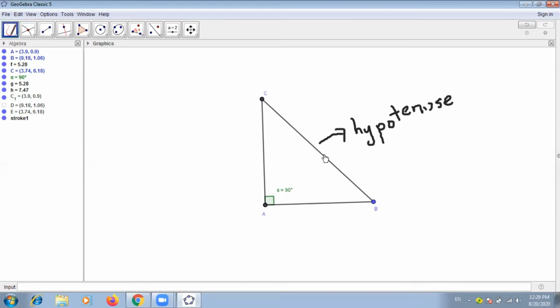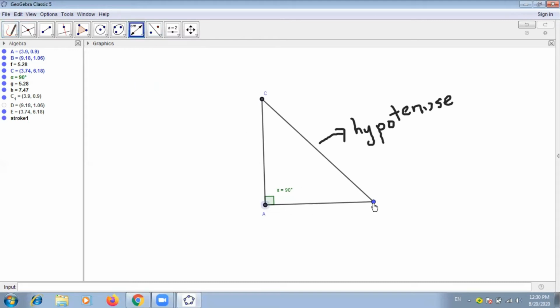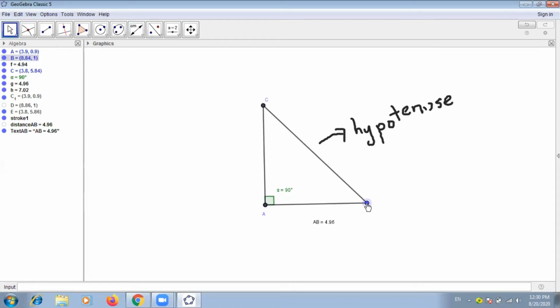Now we have to find out the relationship between these three sides. So what we will do, we will calculate the length of AB, BC, and AC. You can do it with a scale, and I'm using this software to measure the length of these three sides. I measure the length AB, that is equal to 5.28. I try to make it 5 so that it's easier for us to solve. Okay, AB is 5 centimeters.